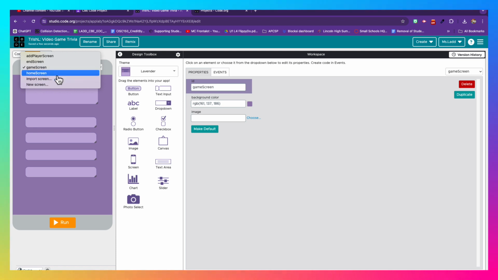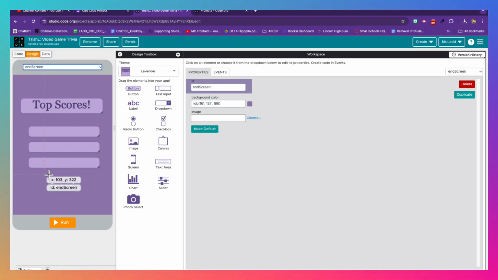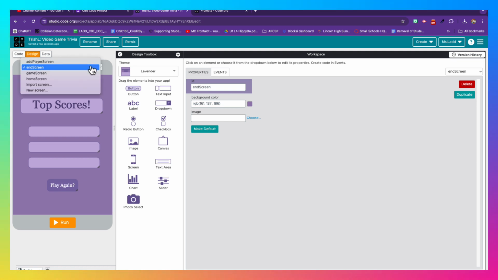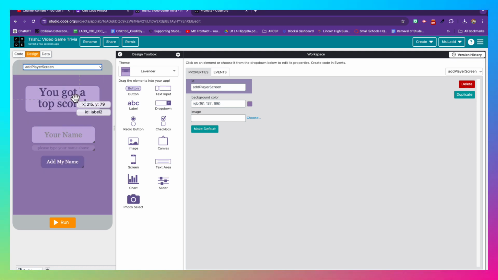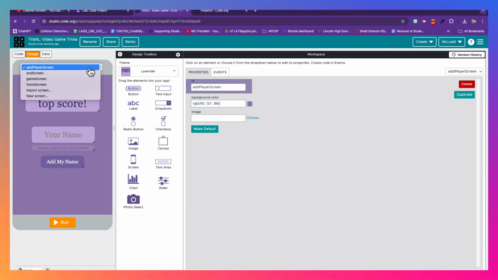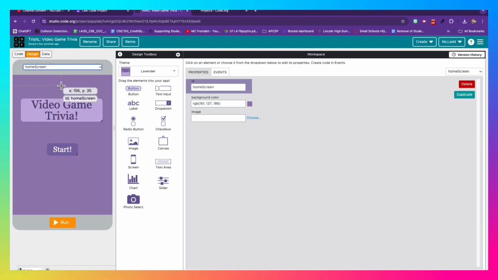Next, we have the end screen. This is where our top scores show up. We will also be adding this add player screen, and this will have a specific functionality. We will get to this towards the end, but I thought I'd give you a brief overview of what the different screens look like. So let's